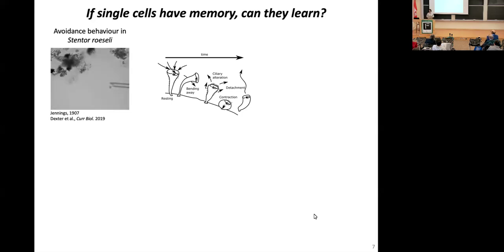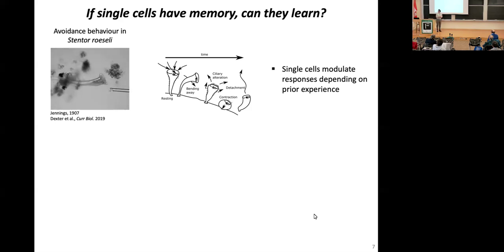There are experiments, and this is maybe even the first experiment. It was done by the American physiologist Jennings in 1907. He took a single cell organism called Stentor, which is a trumpet-shaped ciliate. And he showed that if you stimulate the ciliate with beads, it displays a sequential pattern of well-defined behavior. First it tries to bend away. If the beads still keep coming, then in the second step it will reverse its cilia to try to spit out the particles. If this doesn't help, it will contract, and eventually it will detach. So it goes through this really defined sequence of behaviors,